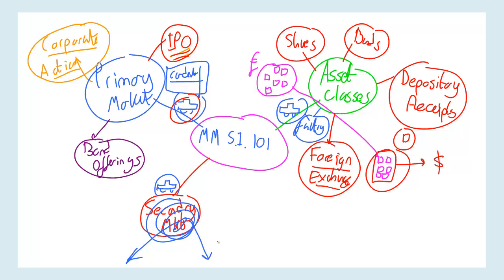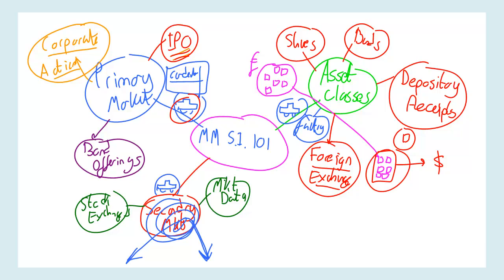In the secondary market case for stocks and shares, companies can go bust, their shares will disappear, or they can get taken over, and so the shares would disappear then. Same thing for bonds. Bonds will mature, come to an end, the money's paid back, the Harry Potter theme park is paid back, and we're done. So we'll talk about secondary markets, we'll talk about stock exchanges, we'll talk about market data, how much you're selling stuff for. It's a pretty dull area, but we'll do our best, a thing called settlement.